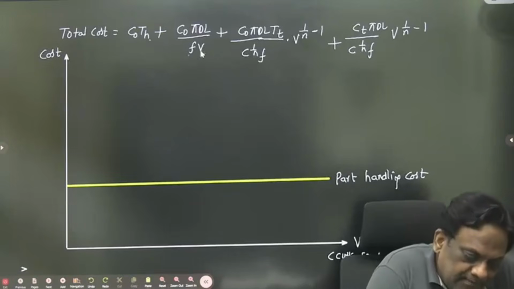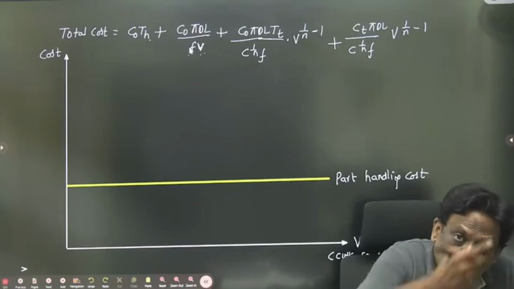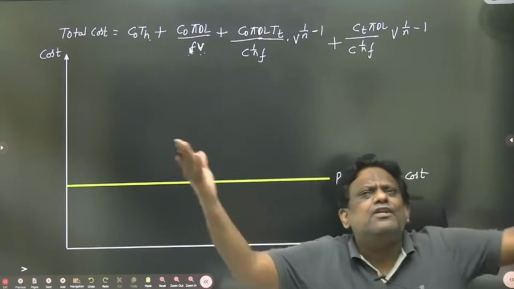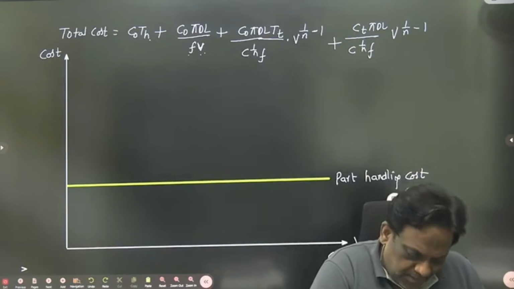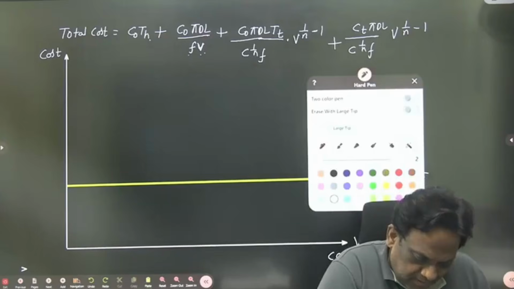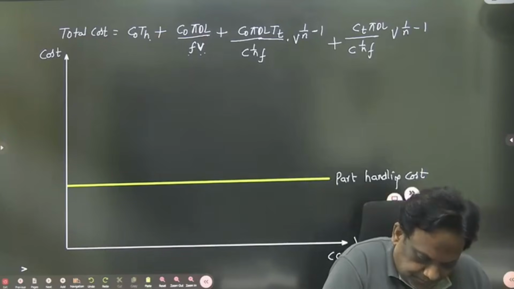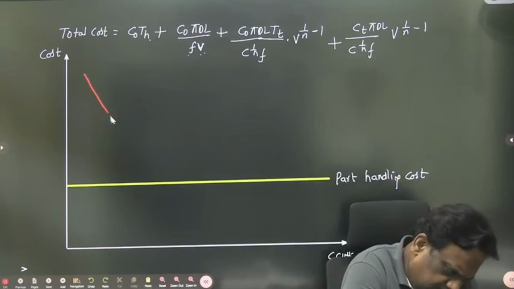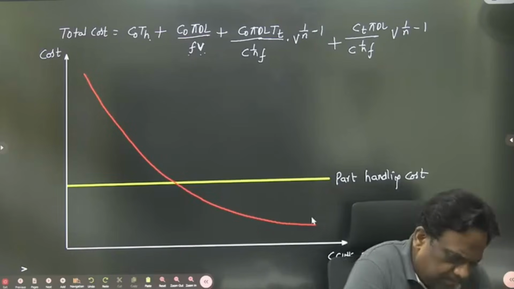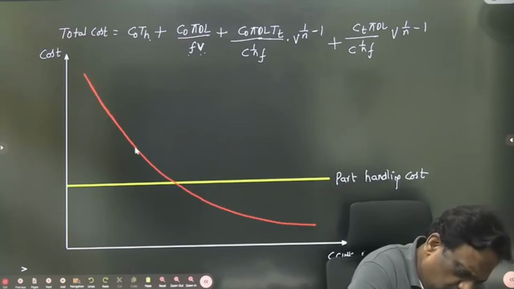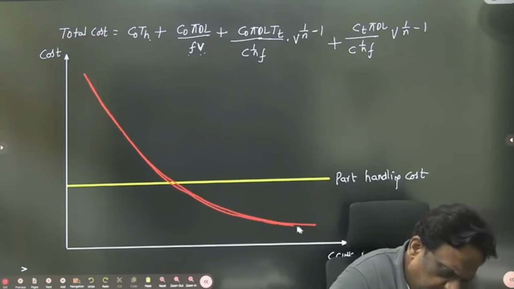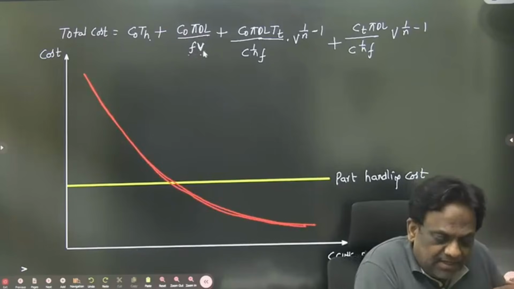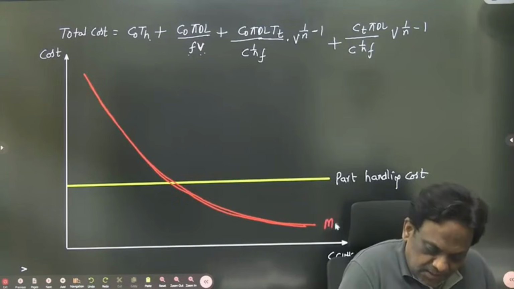So therefore this is inversely proportional. The machining cost is decreasing when the velocity is increasing because you are manufacturing more components. So therefore the machining cost is decreasing. Look here, the machining cost is decreasing as you are producing more number of components. Look at common sense also. Look, this is the cost, where is the velocity? In the denominator. When the velocity is increasing, the denominator is increasing, this cost is decreasing. This is machining cost.